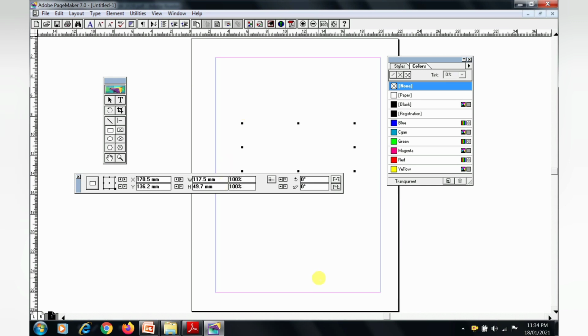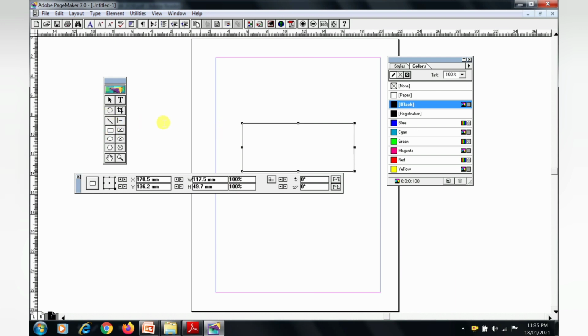Sixth point, using the control palette, the width and height values of the rectangle have to be set to 100 mm and 40 mm respectively. This is the control palette.